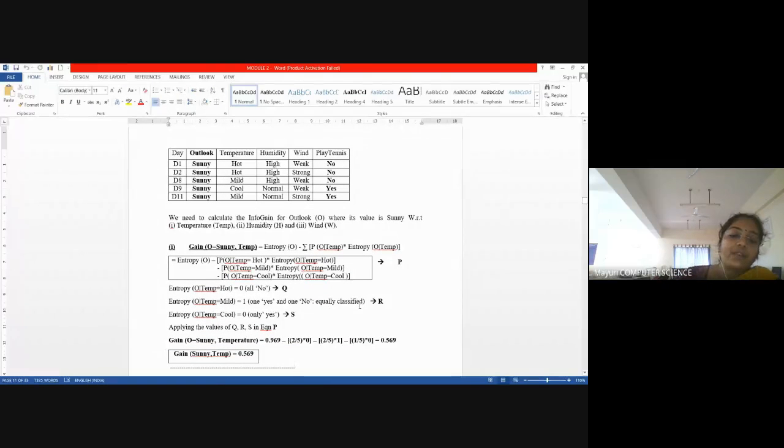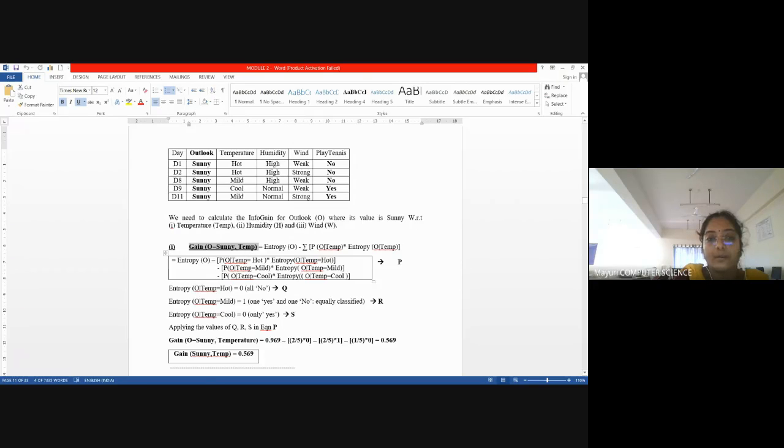Okay, so here a little change, same formula, but I'm calculating the info gain of outlook, where the Sunny is dependent on temperature. At the time I cannot do everything. Now the outlook is dependent on temperature, but the outlook value is Sunny. That's what I have written here. Outlook value is Sunny, where outlook is dependent on temperature. With respect to this, I am doing.